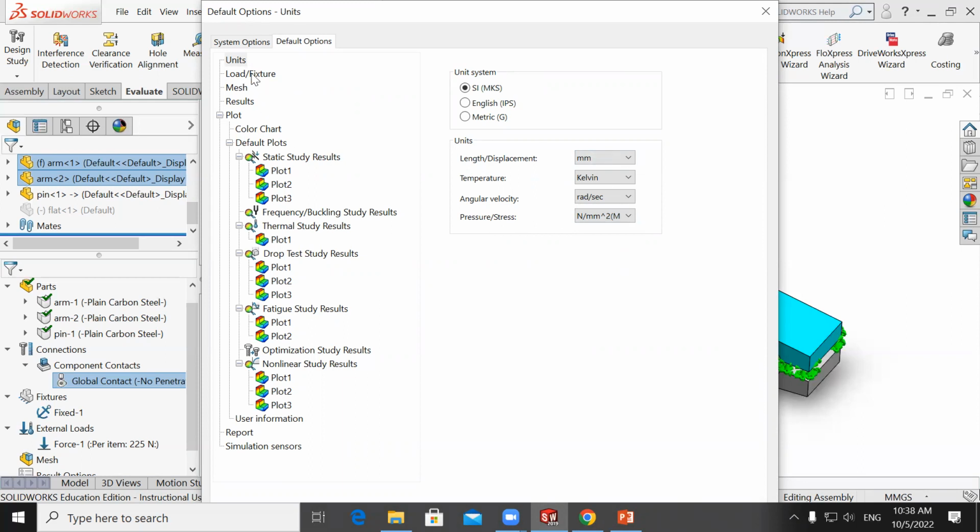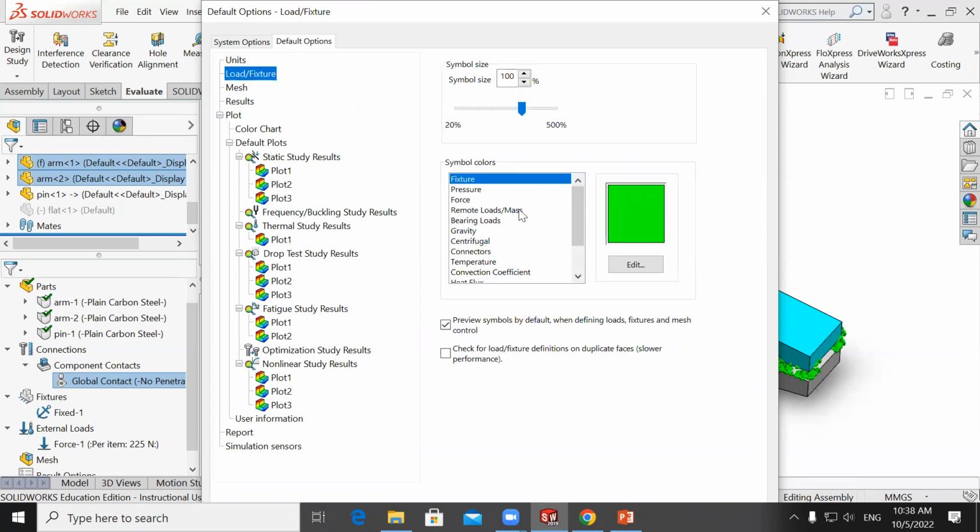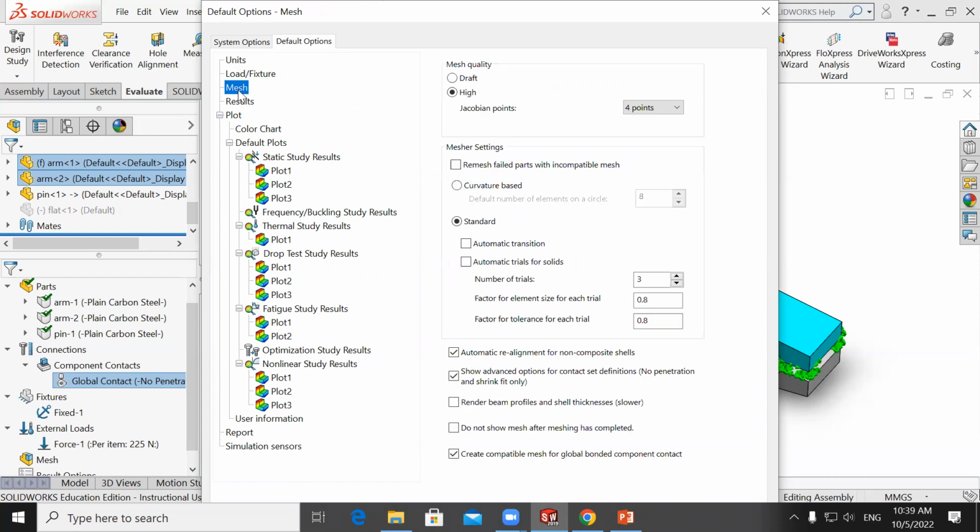Okay, and then below the feature, show colors and no shades. For the mesh, the mesh quality default is high mesh quality. Image quality. Okay, and then in this box down there, show advanced options for contact set, definitions, no penetrations, and trim fit